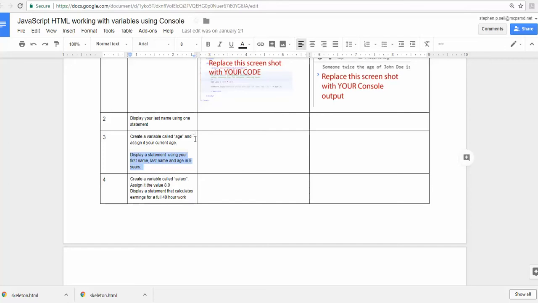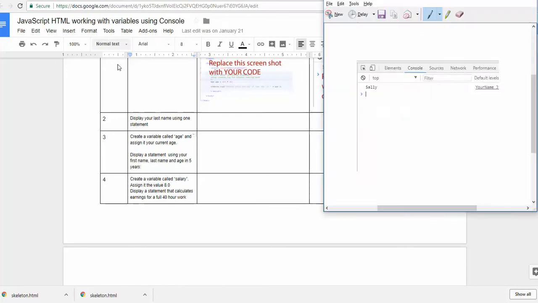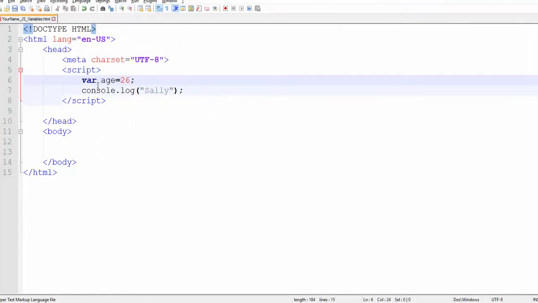And then it says that I need to display a statement using my first name, last name, and age in 5 years. So that's a little bit involved, but what we're doing with that is I want to display my first name, say my last name is Sally Williams, and then I want to add to this output. I want to concatenate. This plus symbol is called concatenation in this case. We're concatenating, or adding, to our output of our first name and last name. We're going to concatenate, or add to our output, what our age is